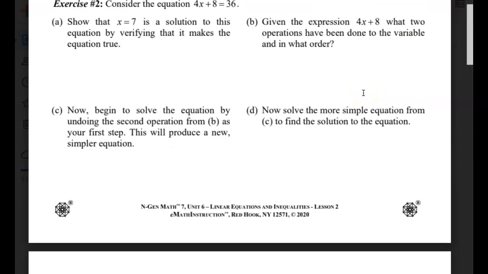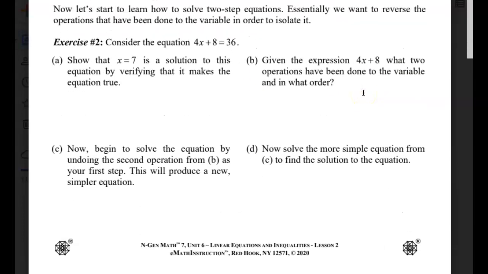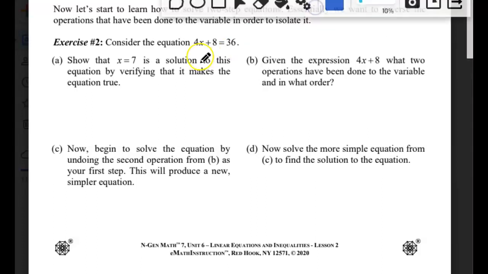So we've been working on writing and evaluating expressions. We have been doing that. So at least we could start up a little bit ahead. So let's consider 4x plus 8 equals 36. So I'm gonna read here 4x plus 8